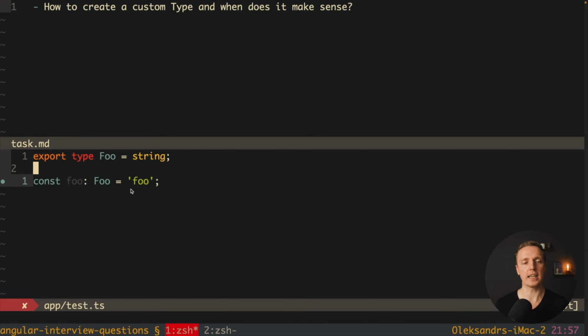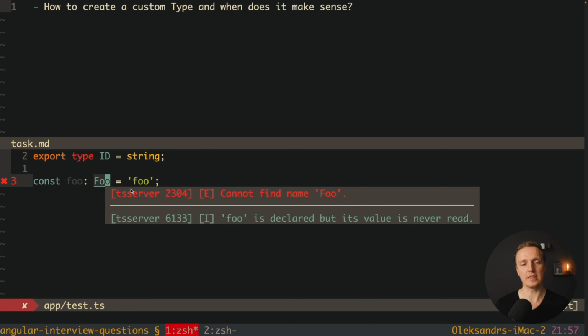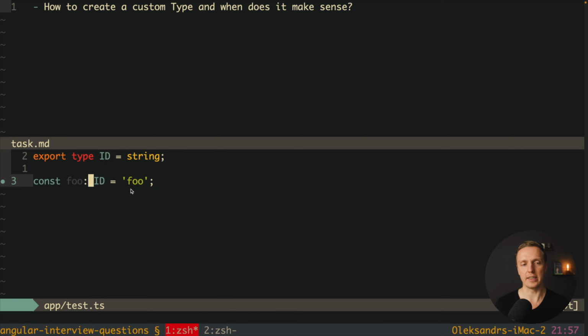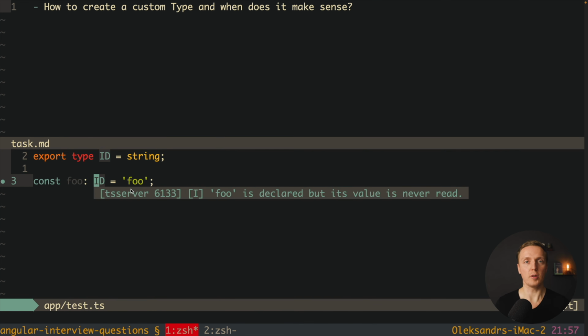If in the whole application we have a lot of strings, then it becomes unreadable and unsupportable. If we will define here, for example, a type ID, and now here we create a new property, or we use a property inside the interface of type ID, it is much more clearer. We know, okay, we are talking about type ID and not just some random string, which actually means the first case to create custom types is to bring clarity to your code.